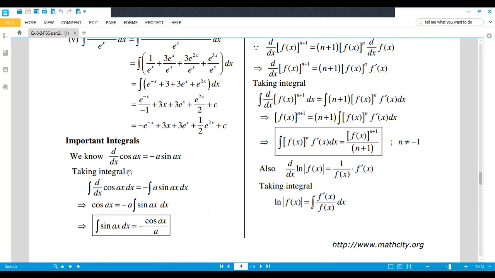You know that if you have cos of theta, with theta being any number multiplied by x, then when we take the derivative, you know that the derivative of cos is minus sine theta, and then if something is multiplied with theta, we take the further derivative of that, and that will come in the coefficient. But